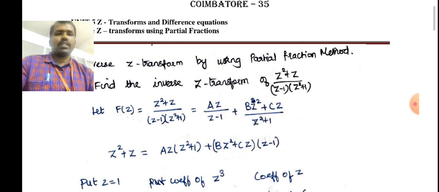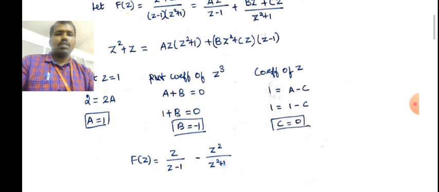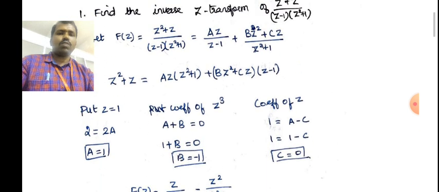Then z square plus z equal to az into (z square plus 1) plus (bz square plus cz) into (z minus 1). Put z equal to 1 in the